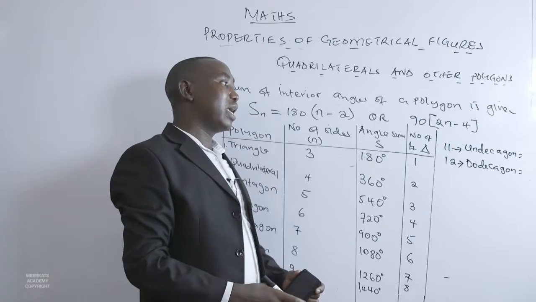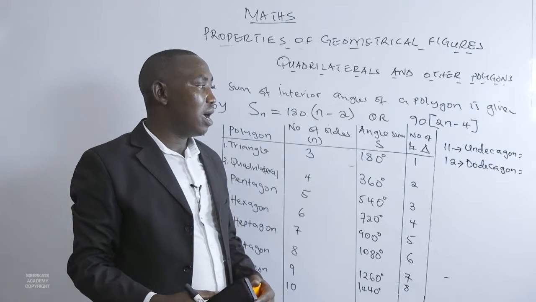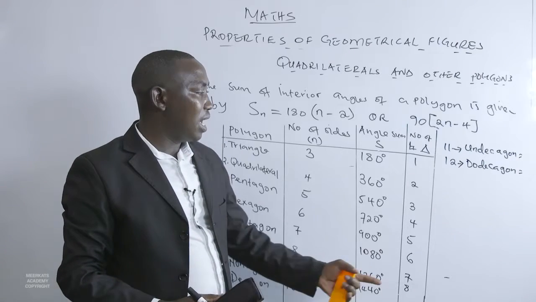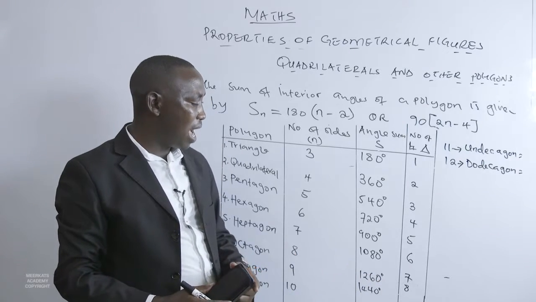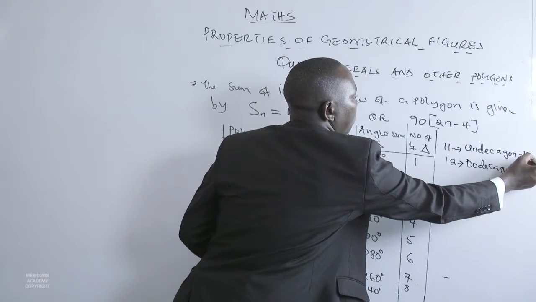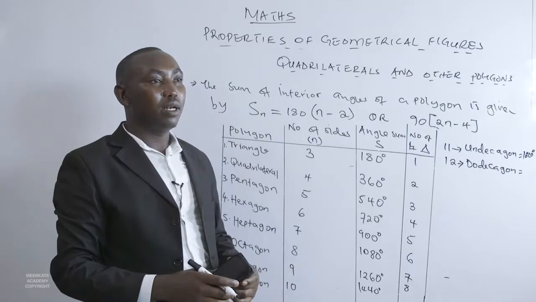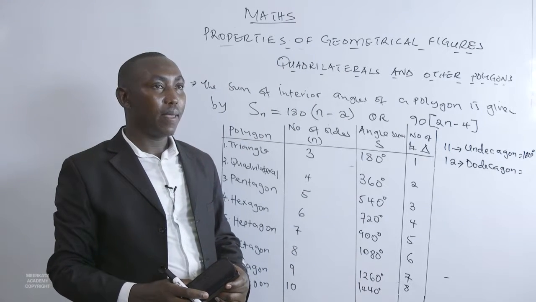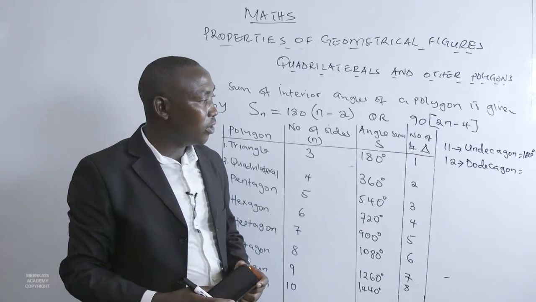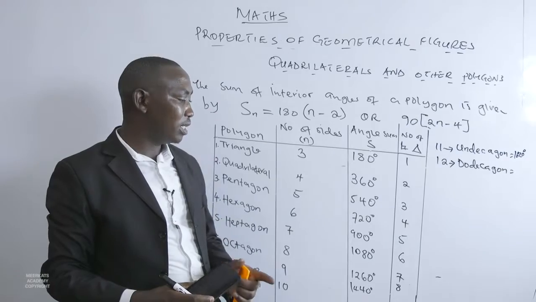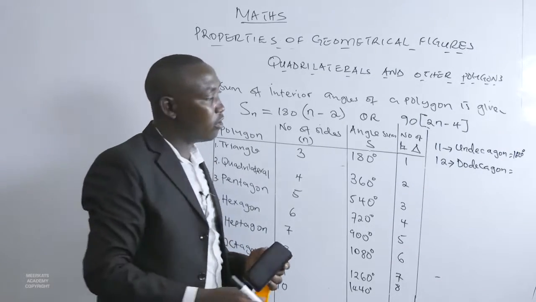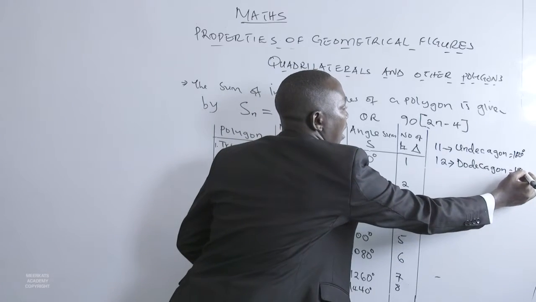The number of triangles making up an 11-sided polygon will be 9, and therefore when you take 9 multiplied by 180, you'll get 1620. So it has got 1620 degrees. Then for the dodecagon, which has got 12 sides, it's going to have 9 triangles, and therefore the total angles will be